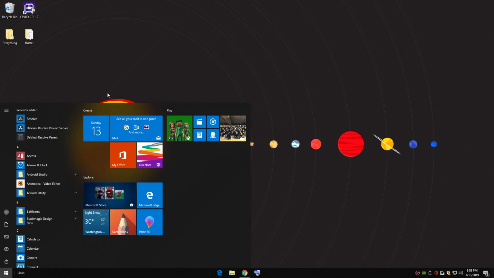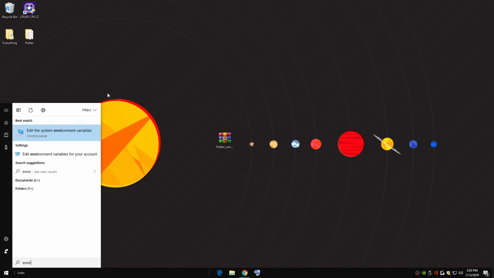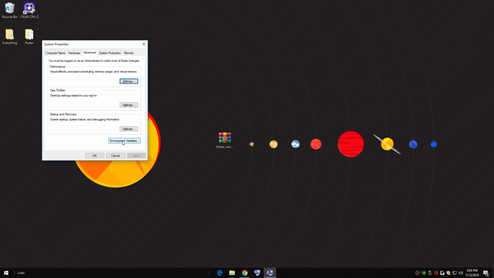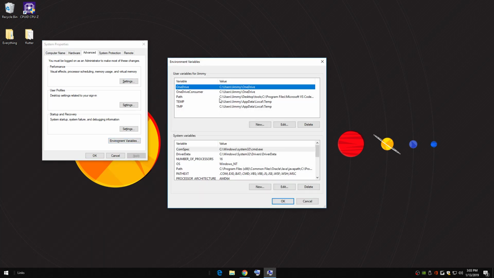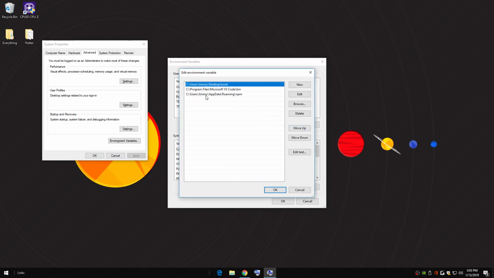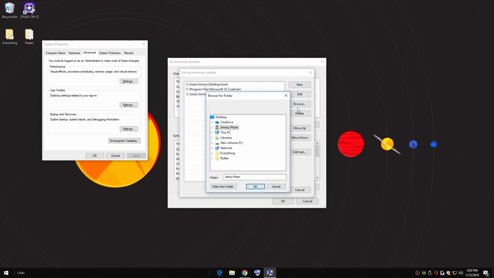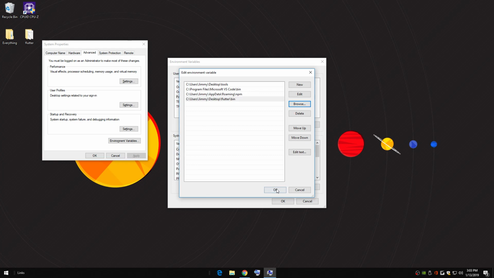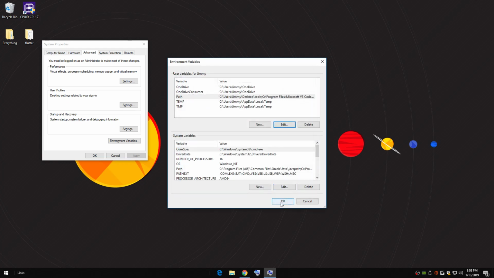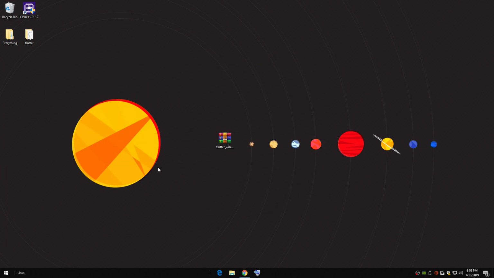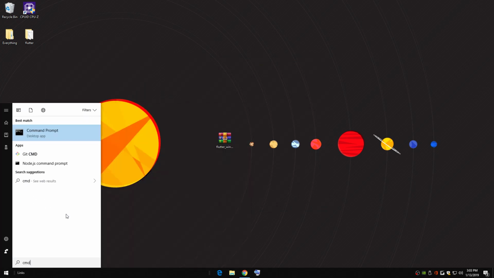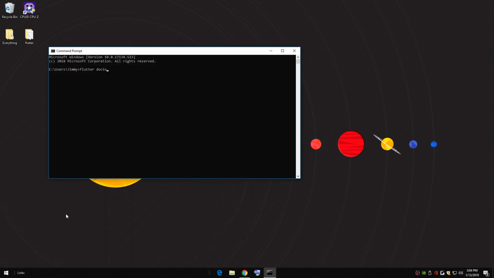Okay, well basically you're gonna go here, open up your start menu, type environment variables, and you're gonna click here, environment variables, and you're gonna go to path right here, this thing, click edit. No, it looks like I do not have it. So we're gonna say new, browse, go to the Flutter folder, click bin, and then after that click OK, click OK again, click OK again, and one more time. And now if you open up a command prompt or something, you can type flutter doctor,